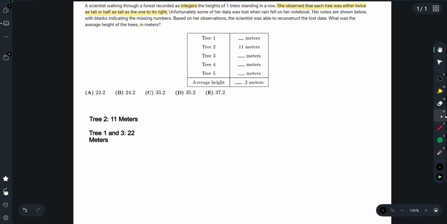Alright, and knowing that tree 3 is 22 meters, we know there are two possibilities for tree 4. So for tree 4 could be either 44 meters or 11 meters, 44 being twice the height and 11 being half. So then, knowing that tree 4